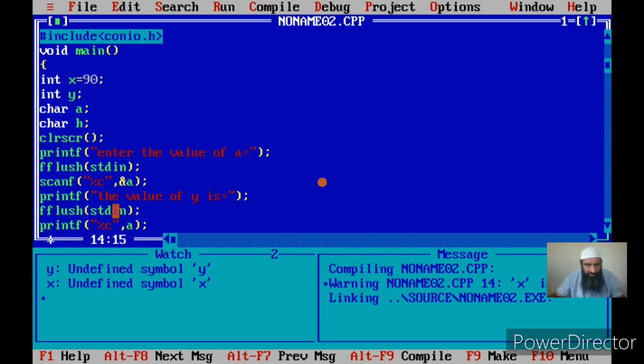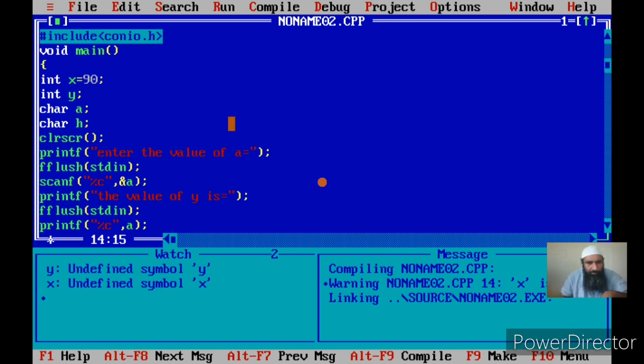Now one more thing to remember: whenever we input a character variable, don't forget to use fflush and then the keyword stdin, standard input, within the braces. For integer variables, I was not using fflush. This is better because we need to clear the buffers, otherwise the inputs are taken from the buffers. What are buffers? I'll tell you later, no need to worry about that. Just remember that whenever you want to input character variables with scanf or printf or getchar, putchar, getche or getch, you have to use fflush.